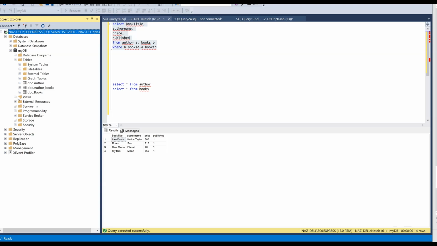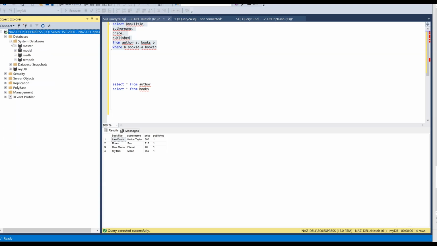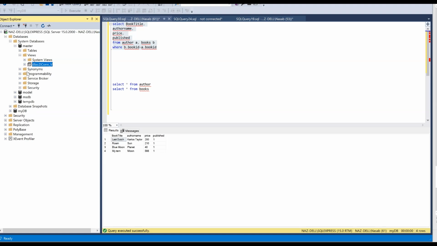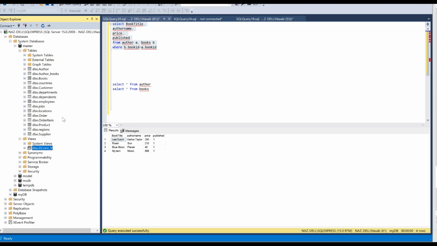I have created the view in master, and in the master we have multiple tables. So what I did is I took the order item, I took the product, and I took the supplier. And with the combination of these four tables, three tables, one, two, four tables, I created